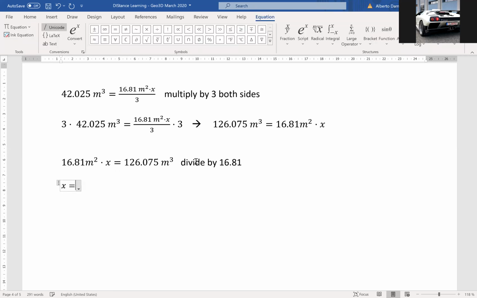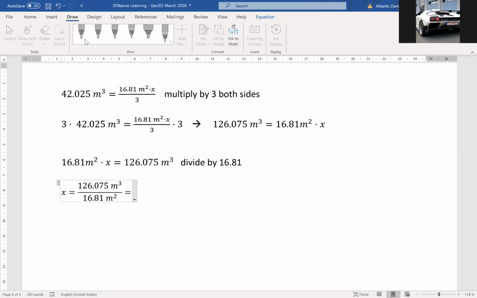X is equal to, parenthesis, 16.81, sorry, it's the opposite, 126.075 cubic meters divided by 16.81 square meters. Okay, and if you do the calculation and also the simplification of the meters, let me see